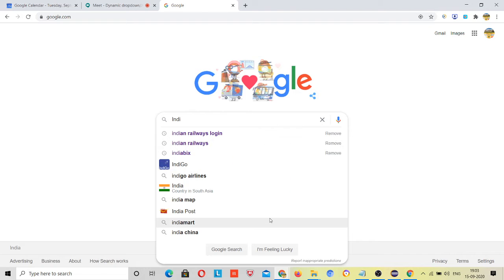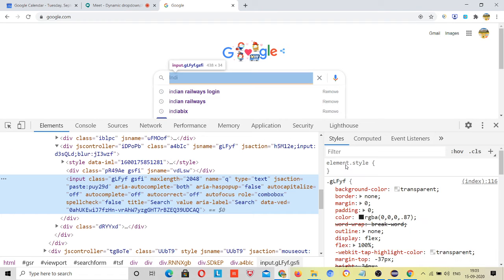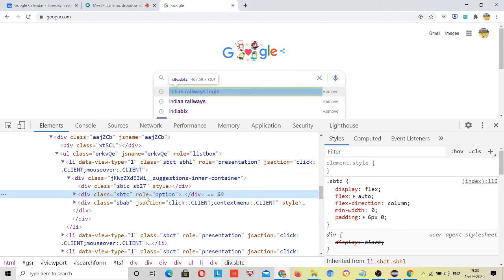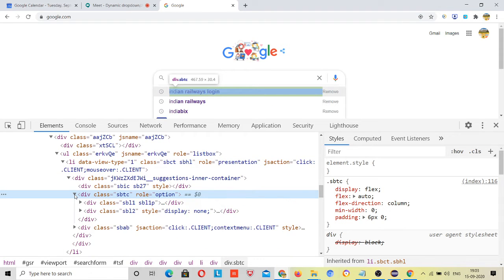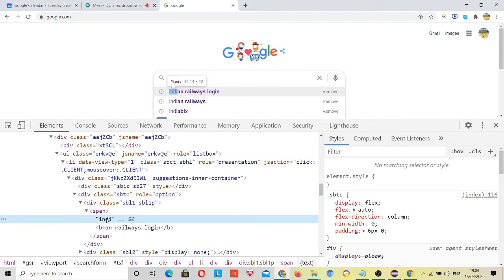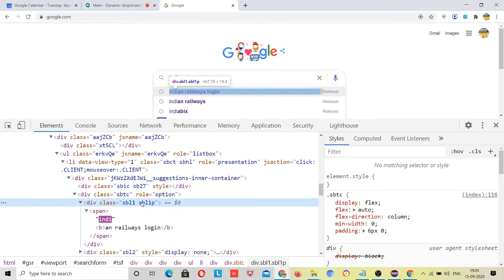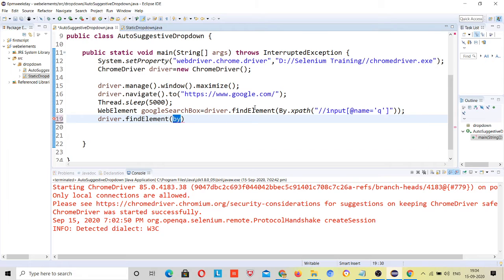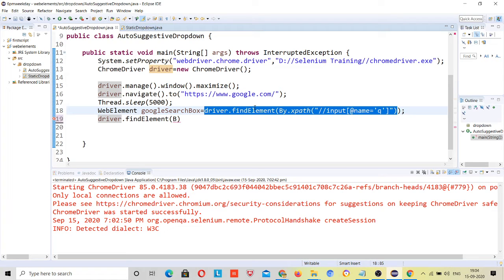Maybe Google is blocking this page down, because here if you right click and inspect, we can get the results, right? And we just need to write the XPath for it. India, Indian Railways, so the class is the same for everyone. Suppose this is the class for this. Let's first try this way, and then if it does not work, we will try both ways. This should work. Maybe this website is not supporting it.